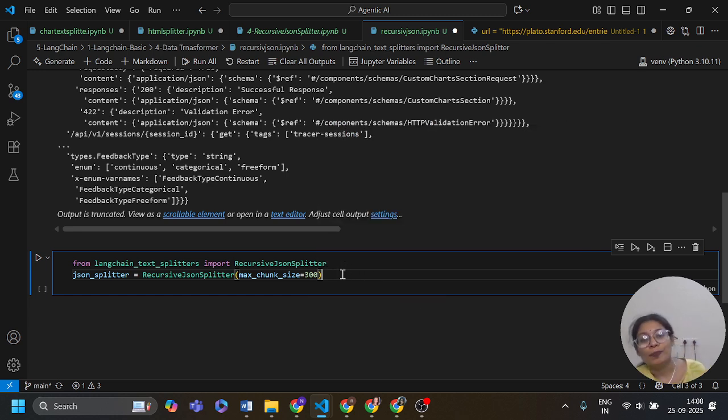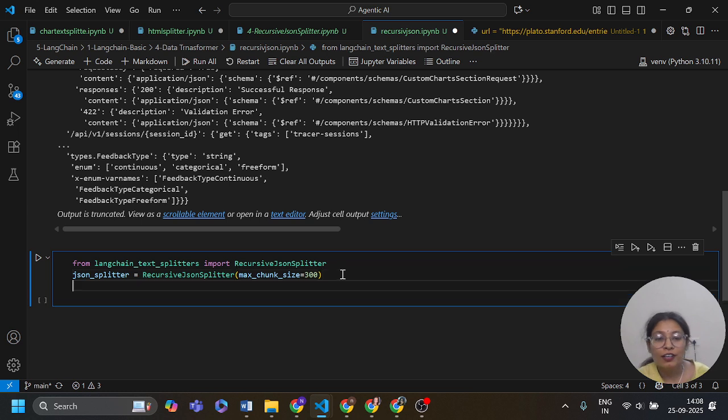I took max chunk size as 300, and by default min chunk size is 0, or you can keep it according to your need.